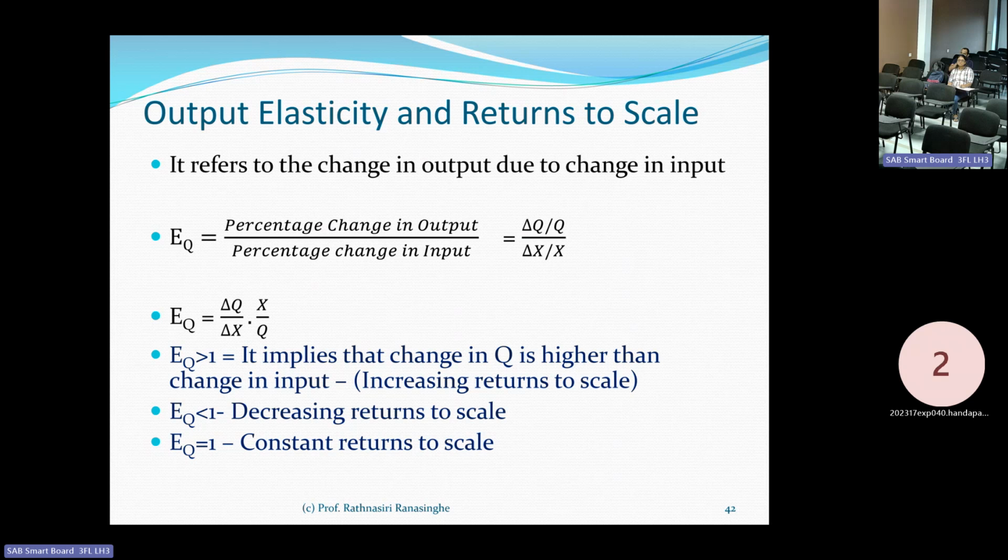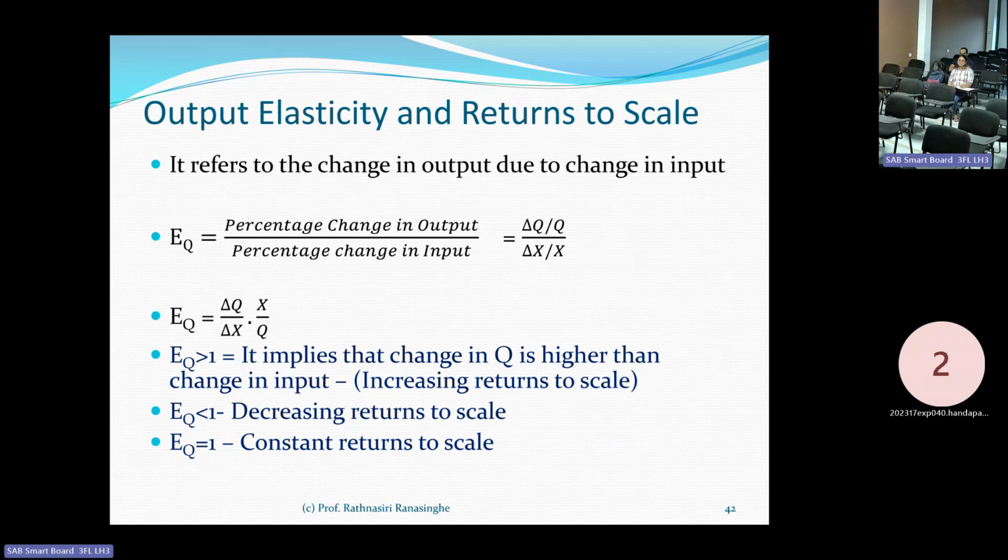That is the slope. Delta Q over delta X means the slope of the curve with respect to change in the variable inputs. So we can express it as partial Q over partial X into X over Q, because we assume both variables are changing. Therefore we can say partial Q over partial X divided by Q. Now once you calculate the output elasticity,